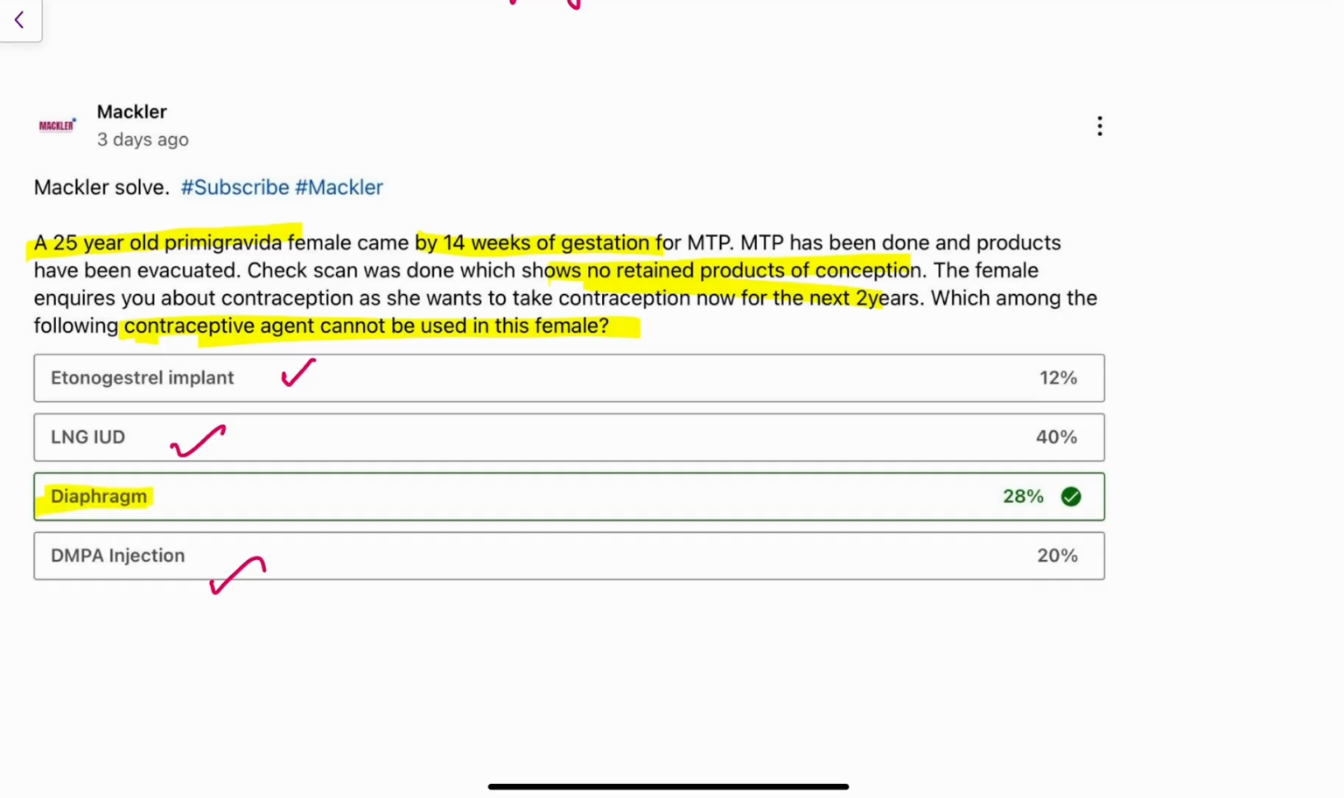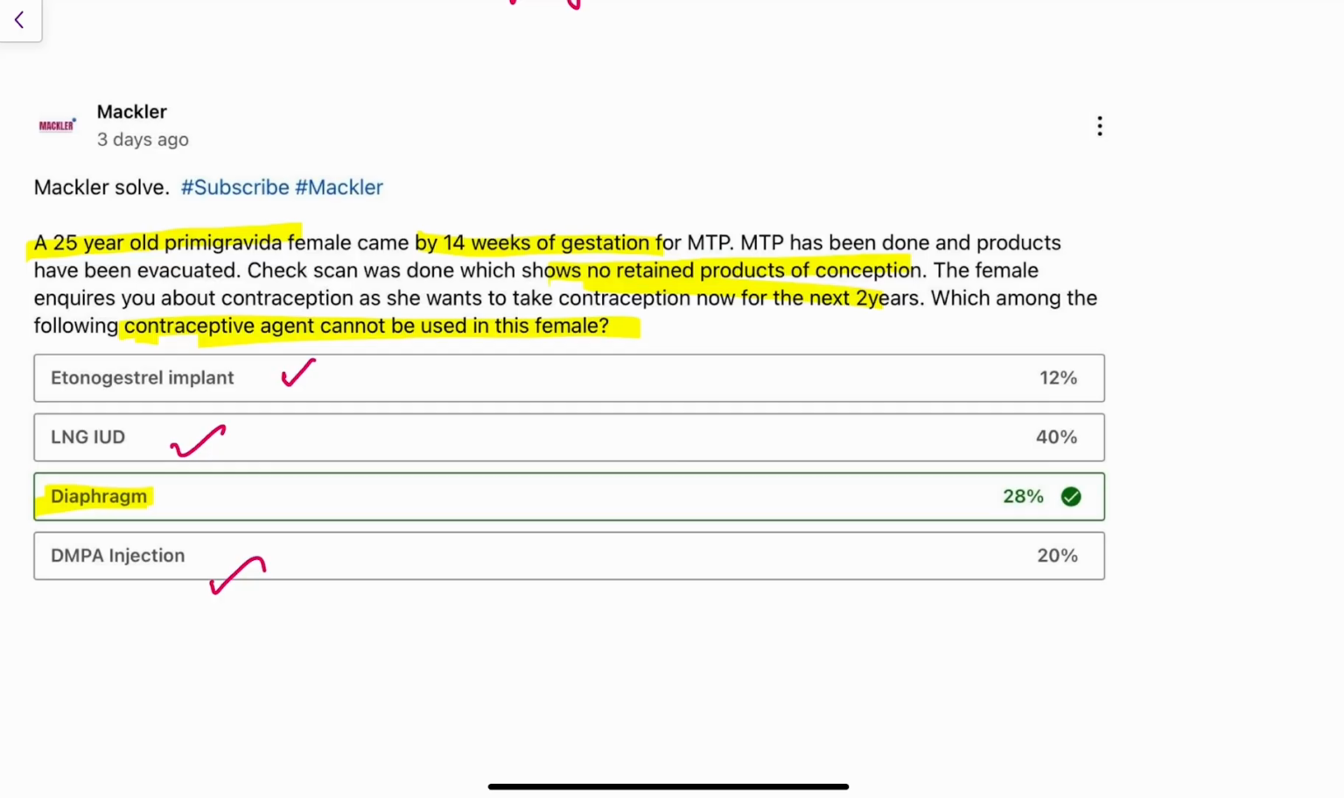And what about the remaining option, which is the diaphragm? The diaphragm is the answer; the diaphragm cannot be inserted in this particular female. Now you may have a doubt, why? The answer to this question is that the diaphragm cannot be inserted in this female because, as we have discussed earlier,